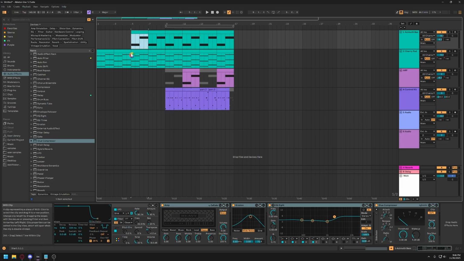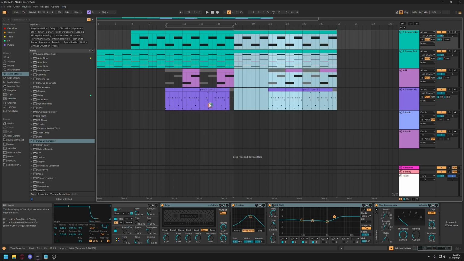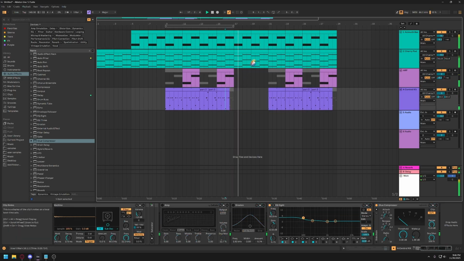Again, remember you could also do that by just clicking this one, holding Shift, and clicking down there to select two, or click and drag, and then you might have guessed it, Control D to duplicate it. And so now we have our little loop played out. And then back to